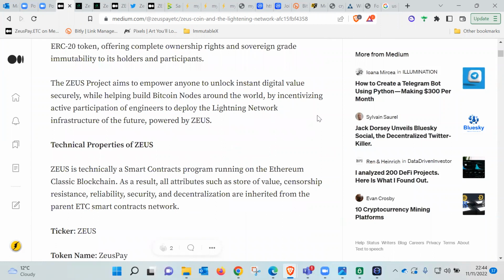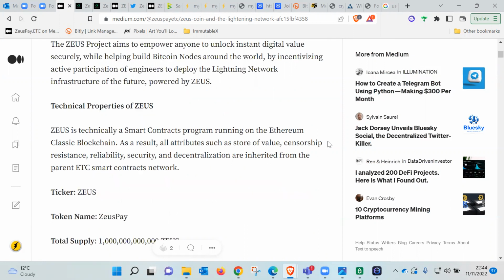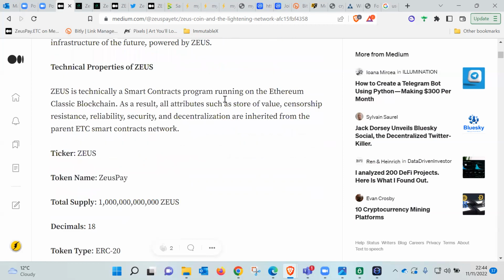So the aim of the project is to really help engineers to be able to deploy their own Bitcoin nodes, and also research and develop Lightning Network infrastructure. Now that Lightning Network infrastructure will be developed on the Bitcoin nodes themselves. So first you have the node, and then after that you develop the Lightning Network on top of it. Zeus itself is already a working currency. So it runs on the Ethereum network. It's available on that machine, which we have. So which means that